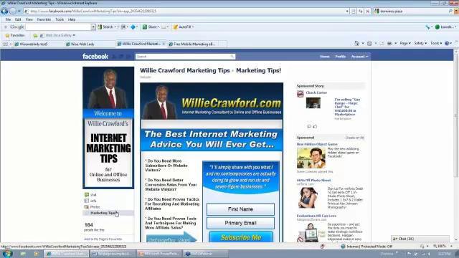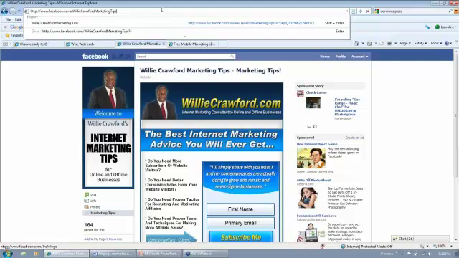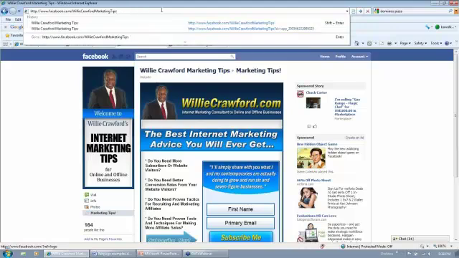In your case, you have to have at least 25 people who have liked your fan page. Once you do that, you can get what is called a vanity URL within Facebook. I know it's kind of hard to see because it's probably a little bit small on the screen, but there are a lot of numbers that come up here after the fact. That's just a temporary URL that Facebook will assign to it. But as soon as Willie hit 25 fans, we could assign him a vanity URL, which in his case is